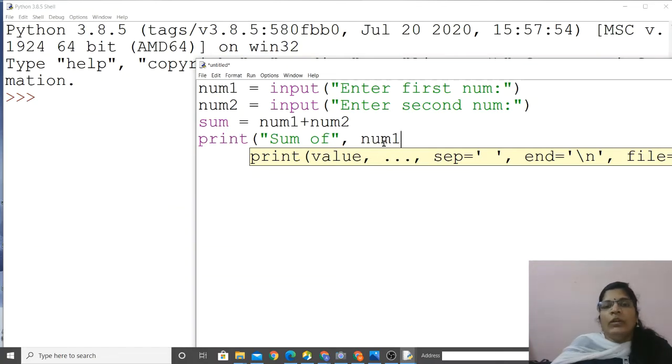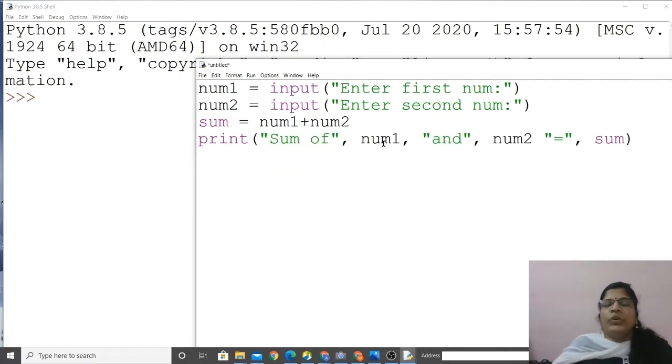After that, sum of this particular number, and that should be in double quotation, which will be displayed as it is, and num2, is equal to, what is the answer? Is equal to should be in double quotation because it's going to display as it is. Then is equal to sum. So the program is over.